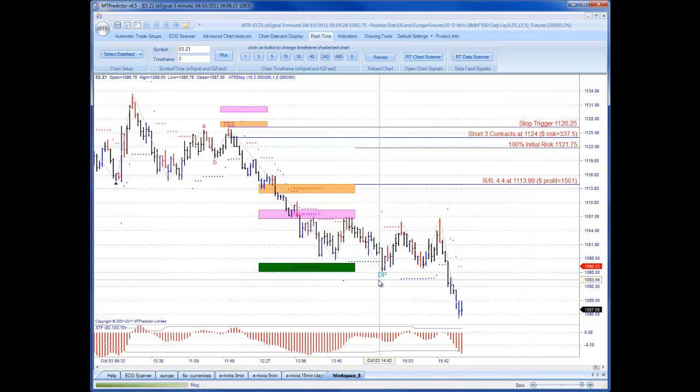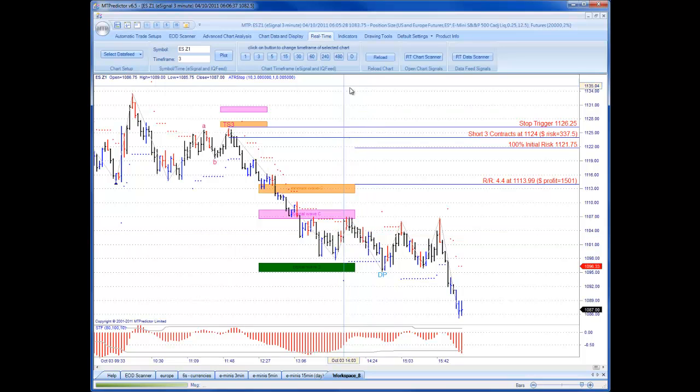This DP buy later on was against a red STF, so standard traders would have avoided it. So overall on the ES, it would have been a good day yesterday for standard traders. However, as we can see, the market did actually go a little bit below, beyond this and went lower. So the question the advanced traders among you are asking is, could you have actually managed to run that trade